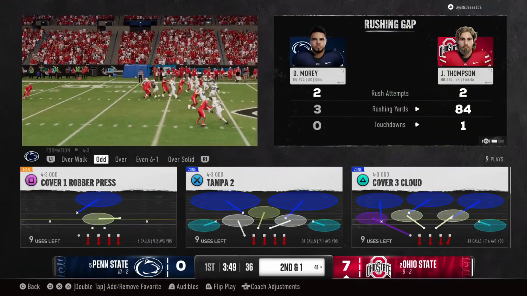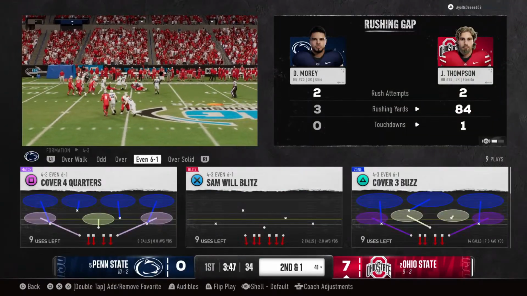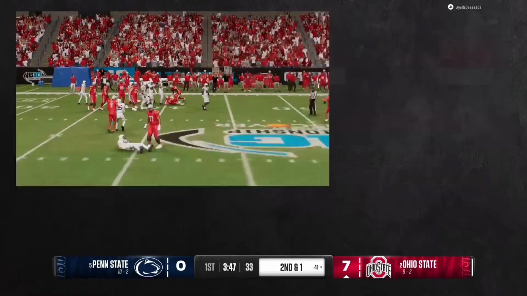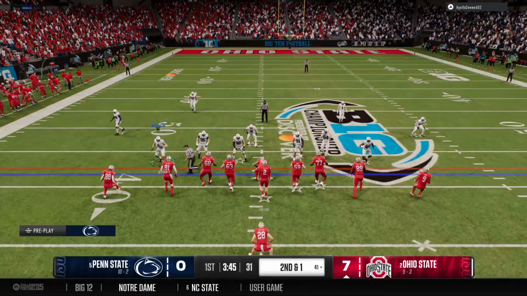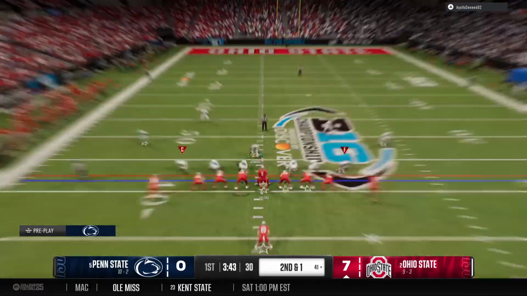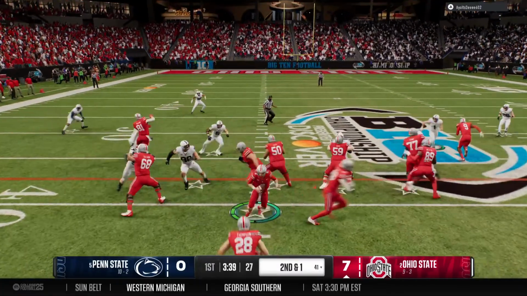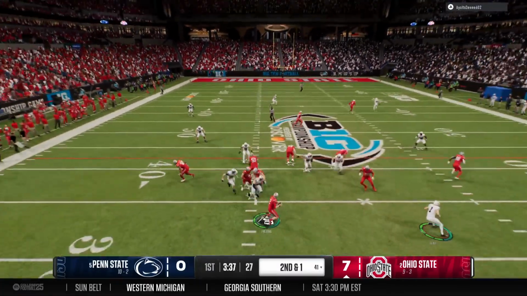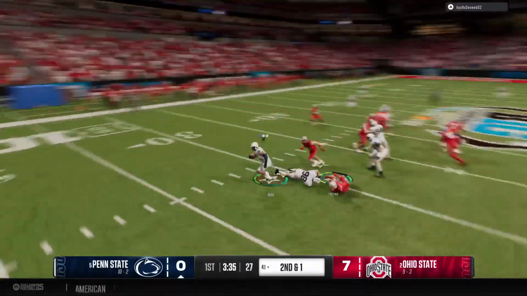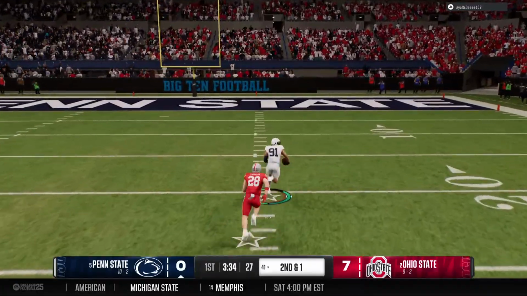Great job by the offensive line here, opening up some holes and giving the running back room to run on first down. Plays like this can open up the playbook for the play caller, allow him to make that defense think, are they going to run? Maybe play action, maybe throw the ball downfield. Pressure is coming. Oh, it's tipped to the line and intercepted.